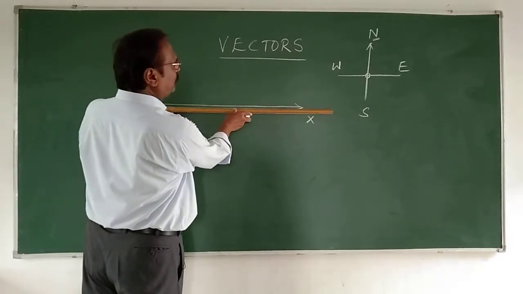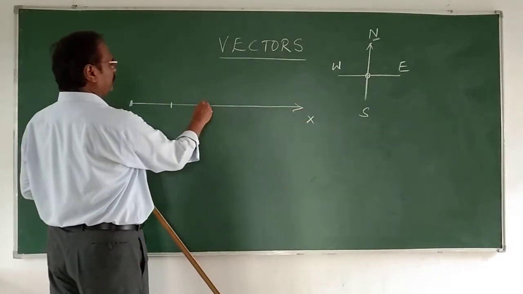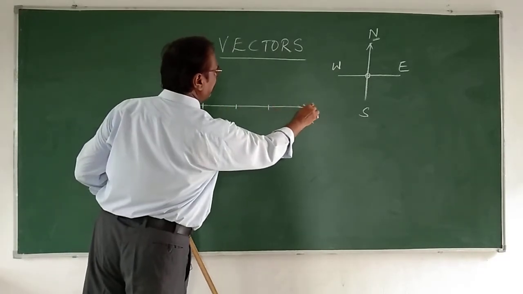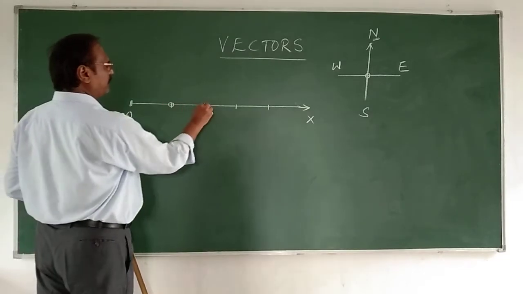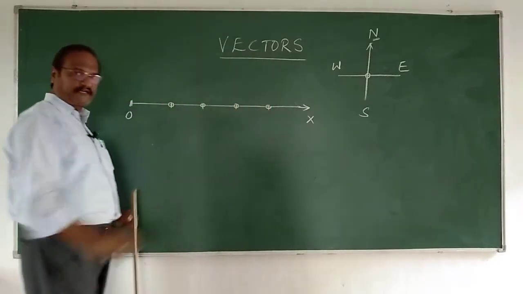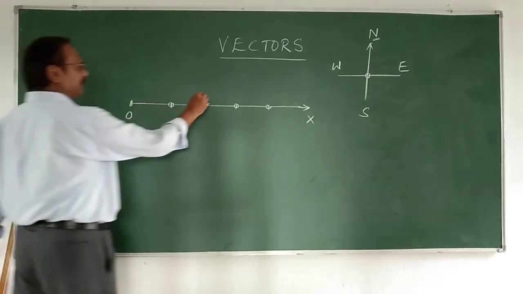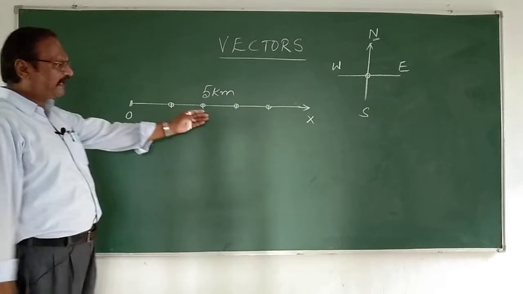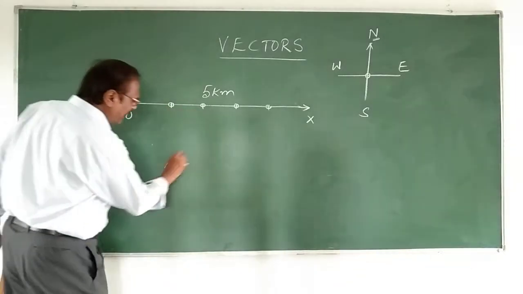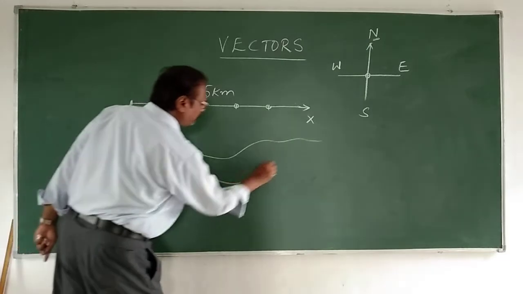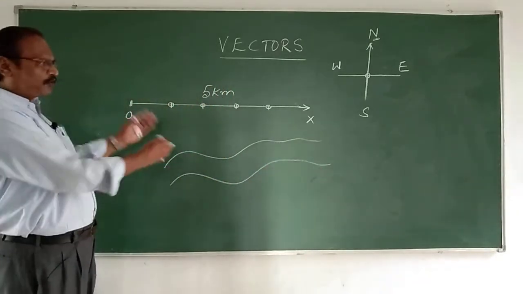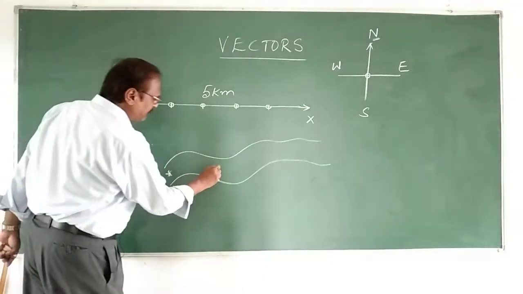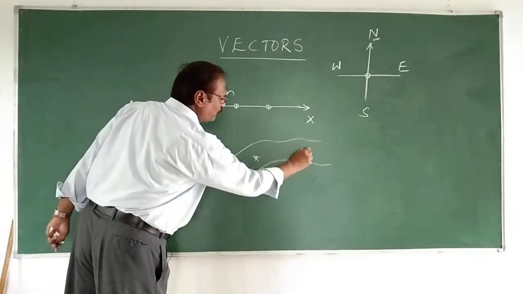I take this equal to, right? I'll mark 1 kilometer, 2 kilometer, 3 kilometer, 4 kilometer, and then I will say 5 kilometer. So at every point I make a very precise measurement, right? And this line represents 5 kilometer. This line represents, but this is only one direction. Even if the path is curved, no problem. We approximate it to be a straight line. Why? Because whenever I want to locate the body, it will be only on this road, right?